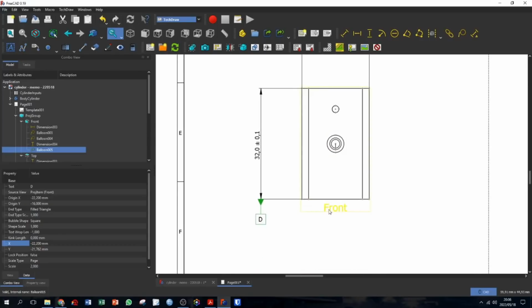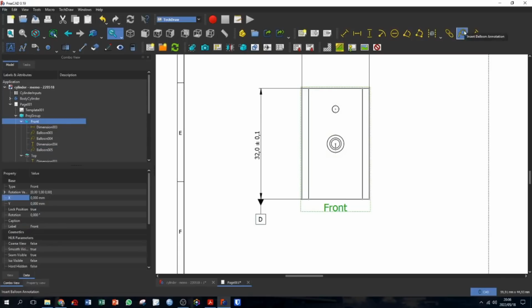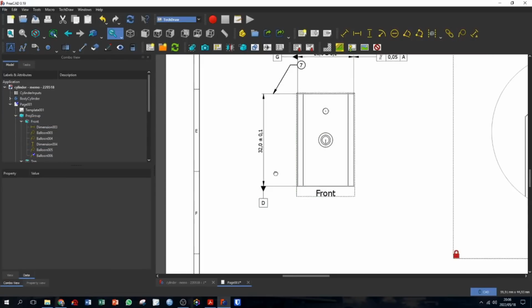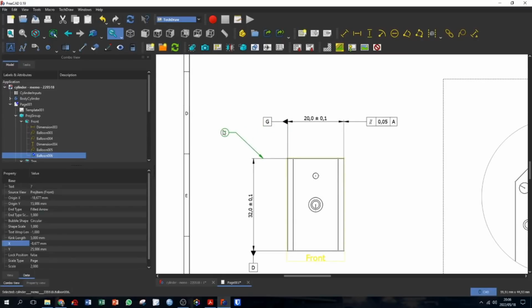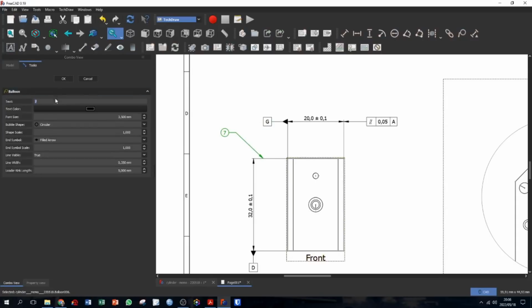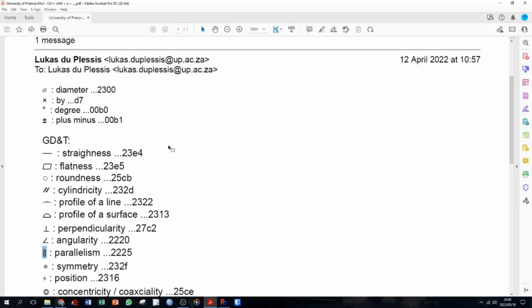Once again, we select the front view, we click on insert a balloon, we come close. Right, and now we drag our balloon out, we double click the balloon, and we are going to say we want perpendicular. So we select it, Control C,